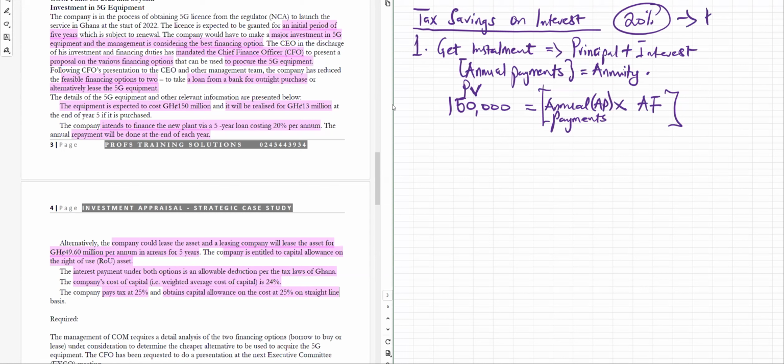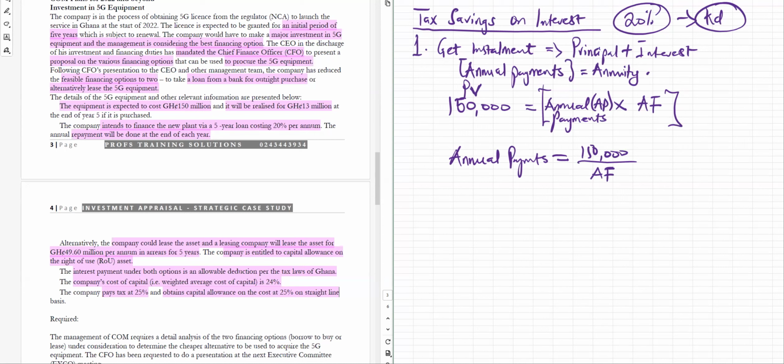So that means the post tax cost of debt we are supposed to use is the 20%. So how then do I get the annual payments? Literally, if 150,000 is equal to annual payments times the annuity factor, then what do I need? If I want my annual payment, I must change the subject, right? I must divide both sides by AF, so it becomes 150,000 divided by the annuity factor,